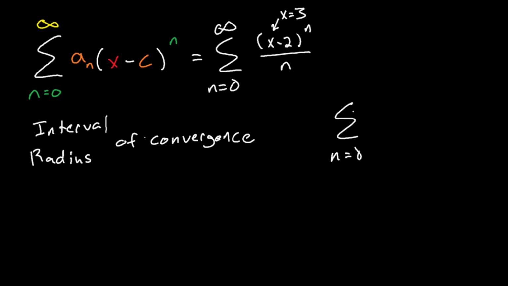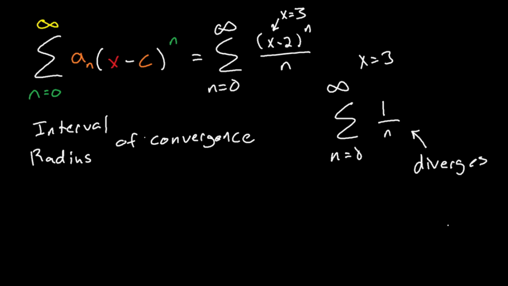Let's go ahead and pick 3 here. Well, n is equal to 0. If we rewrite this, we have 3 minus 2, which is simply 1 to the power of n over n. 1 to the power of n is just 1, right? No matter what 1 is to the power of, it's just 1 times 1 times 1 times 1 times 1. Right? 1 to the power of anything will always be 1. Well, now if we pick x is equal to 3 in this case, your series diverges now. This is the harmonic series,